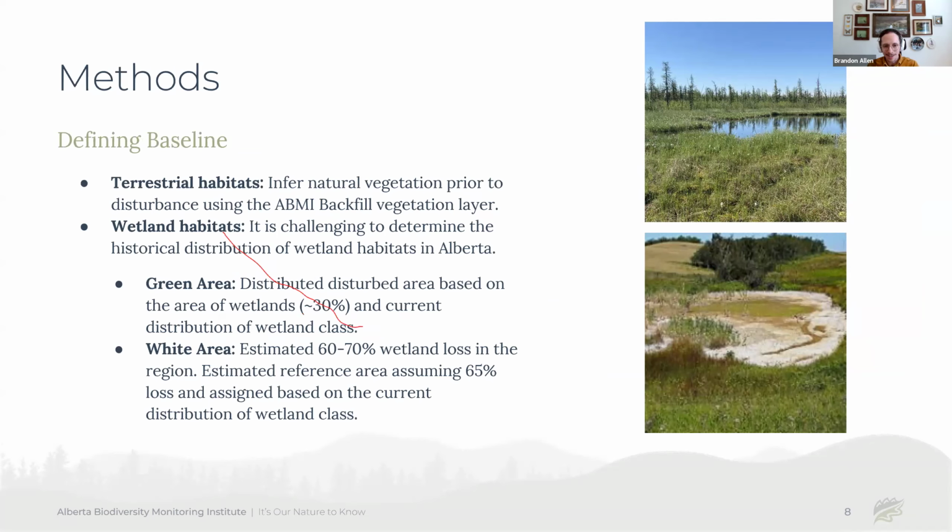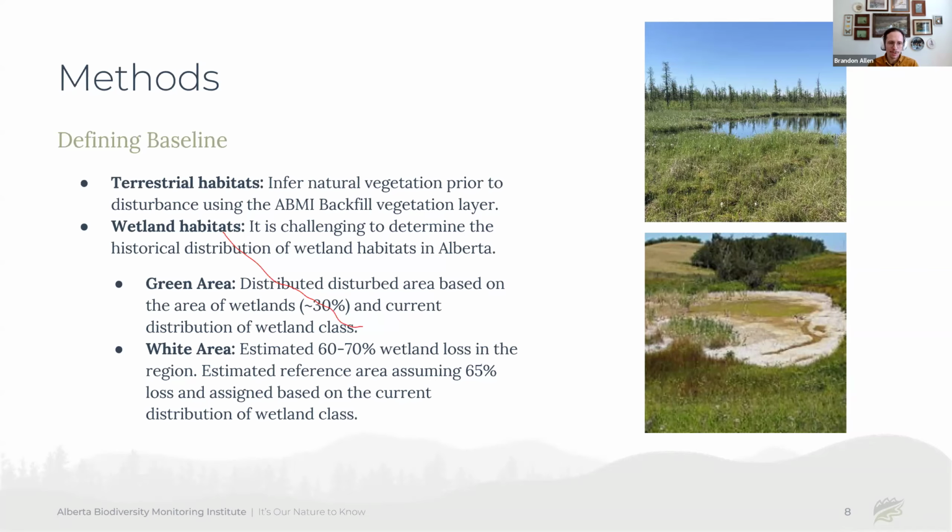So this is a really challenging thing and kind of an ongoing topic, where if we set these targets in the context of, say, 2020, of wanting to conserve 30% of the remaining land base, that gives us a very different answer than if we had said we wanted to conserve 30% of the remaining land base in 2000 or going back to the 1900s. And so it's really important to define, what do we mean by the baseline target? Is it 30% of the entire land base? Is it what we think was there at a certain time point or year? And it's kind of easier for some habitat types and more challenging for others.